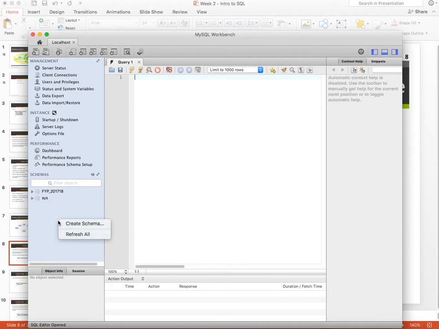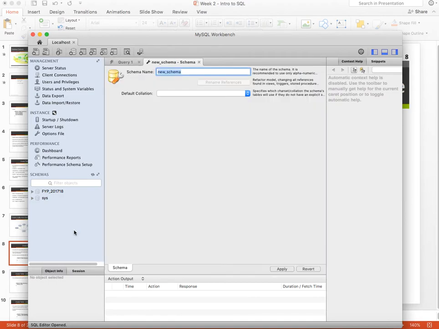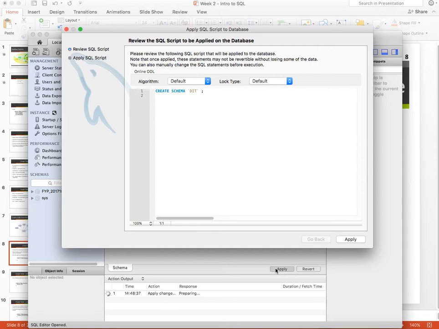So let's create the database. Right click, create schema. Okay, so it needs a new schema name. I'm going to call my database DIT. Nice and simple, apply. So even the Workbench, and me using this as a graphical user interface, is actually